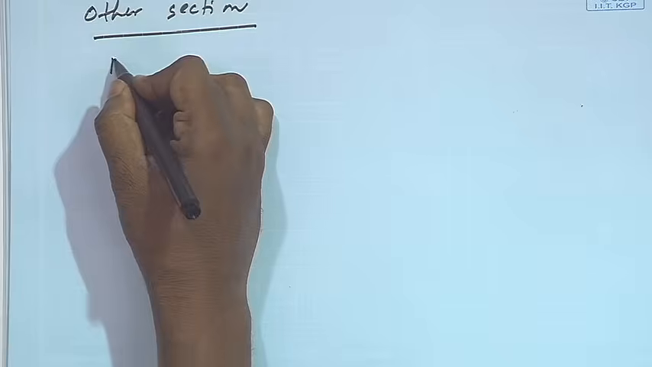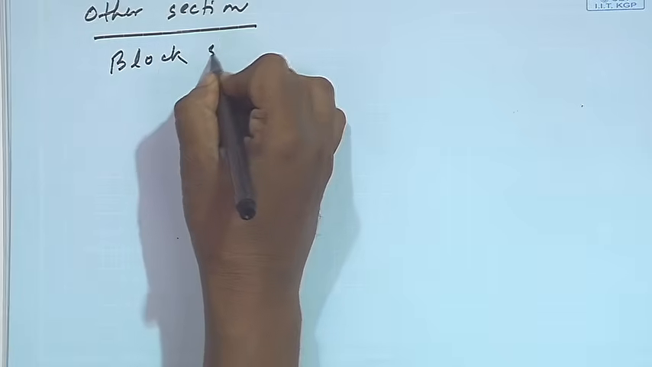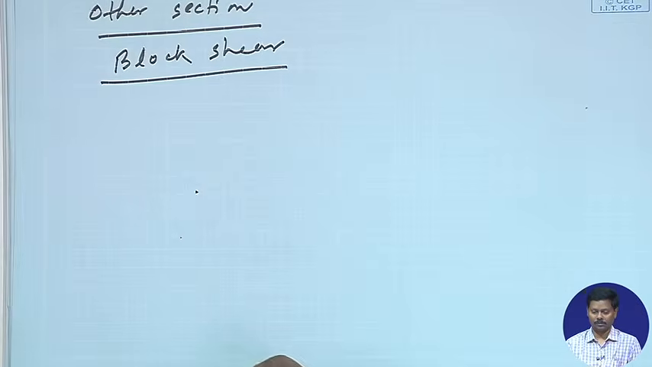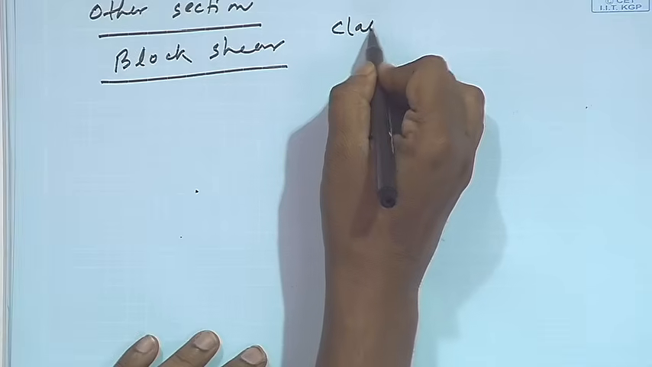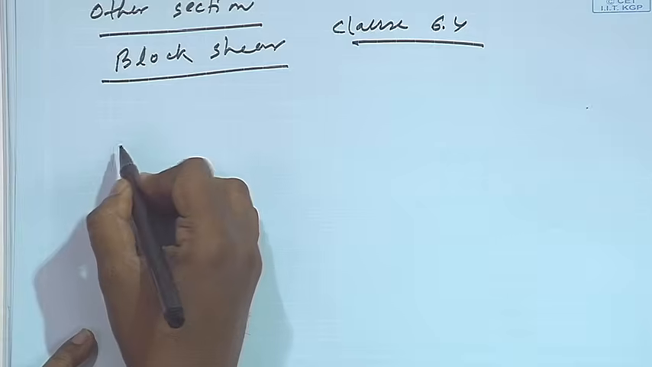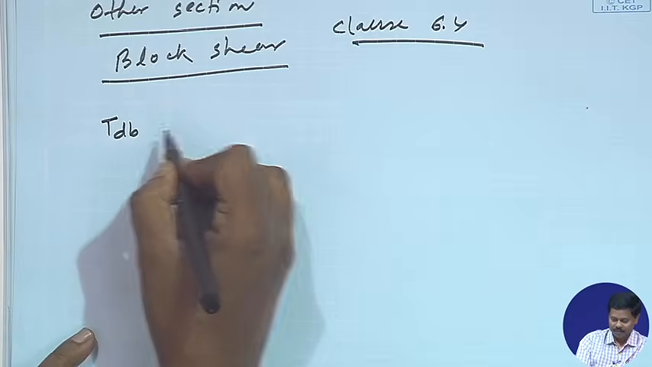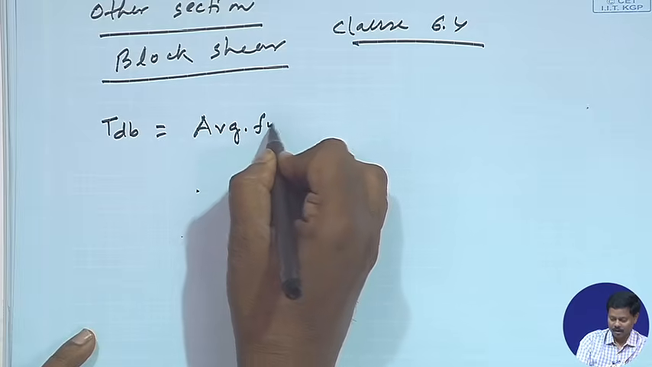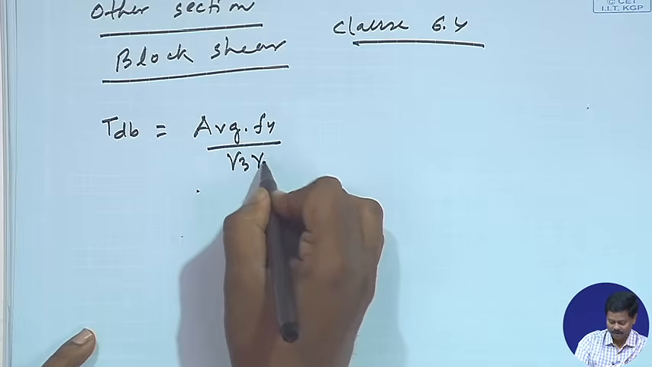Then we will come to block shear, design strength due to block shear. The block shear we can calculate from clause 6.4 of the IS code. It is given in clause 6.4. The block shear strength TDB can be calculated from this formula, that is TDB is equal to AVG into Fy by root 3 gamma m0